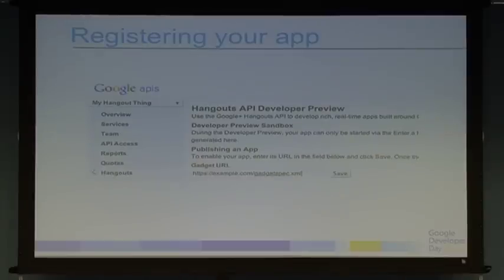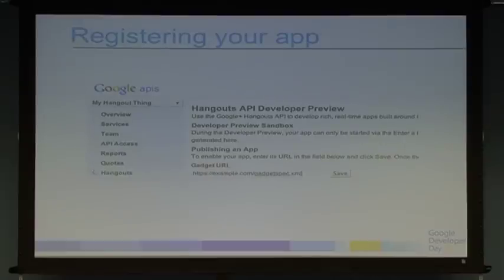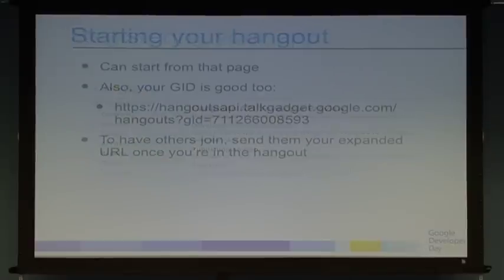Once you have enabled the Hangouts, you take your application where you just have to host it somewhere. We suck that down and we push it up to the application server. I'm going to show you that in seconds. Once you save that on our servers, we generate this link. That link is actually a unique URL for your application, and that's how you share with other people. You take that link, you can send it over IM, you can email it to them, you can share it on Google Plus, which is, if any of you noticed, how I demoed it today. And whichever way, you can reuse that link while you're developing.